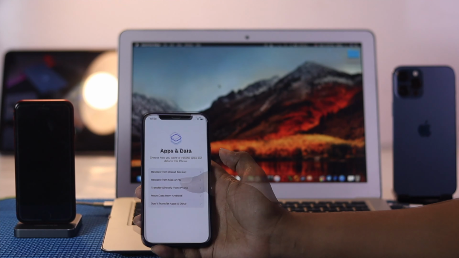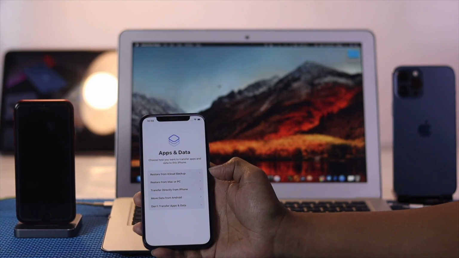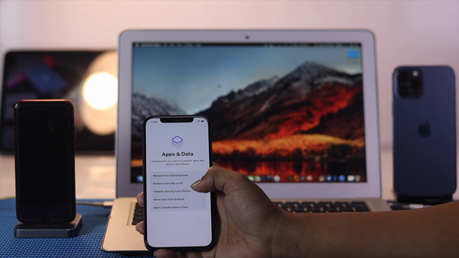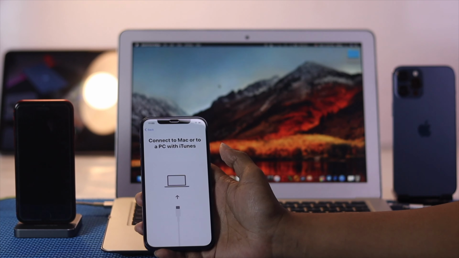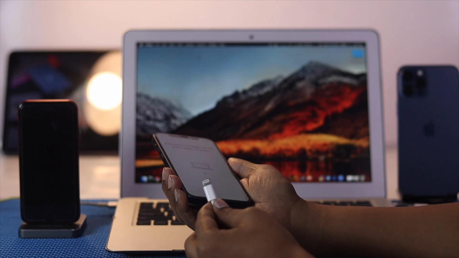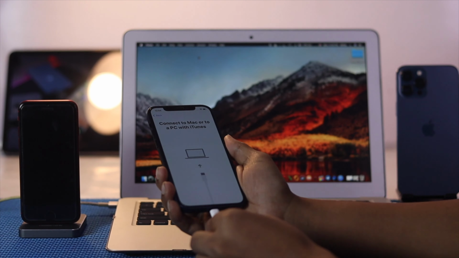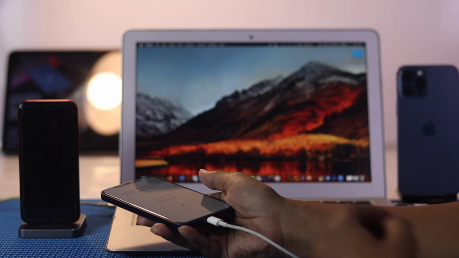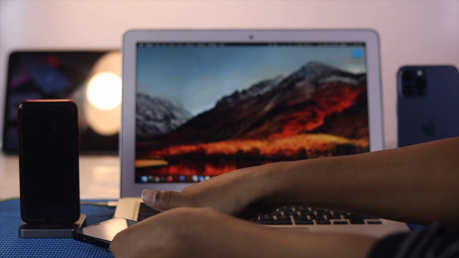Now once you're here, all you want to do is tap restore from Mac or PC. And now just go ahead and tap restore from Mac or PC. Now once you're here, all you gotta do is connect your iPhone to your Mac or computer with iTunes. So what I'll do, I'll just connect it by using this original USB-C to Lightning cable, and I'll place it in. Now as soon as you do it, I'll just leave it on this computer, and then I'll start doing the process